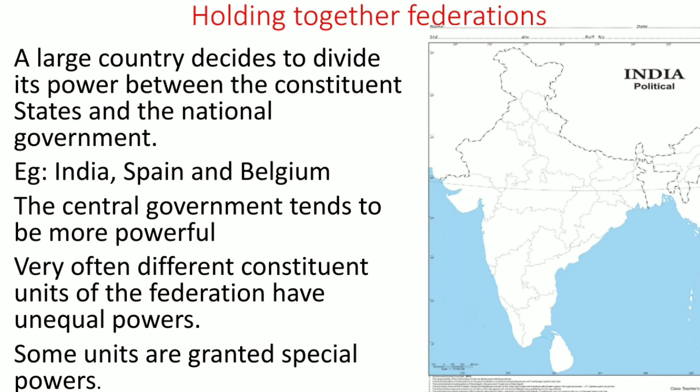Depend on different factors. That is called holding together federation. Holding together federation, example India. In India, different states are not equal. We know till 2019, Jammu and Kashmir was having some special preferences like a separate constitution, separate flag according to the Article 370